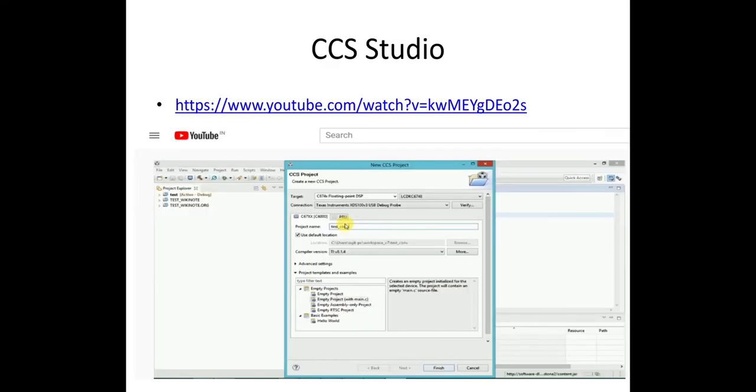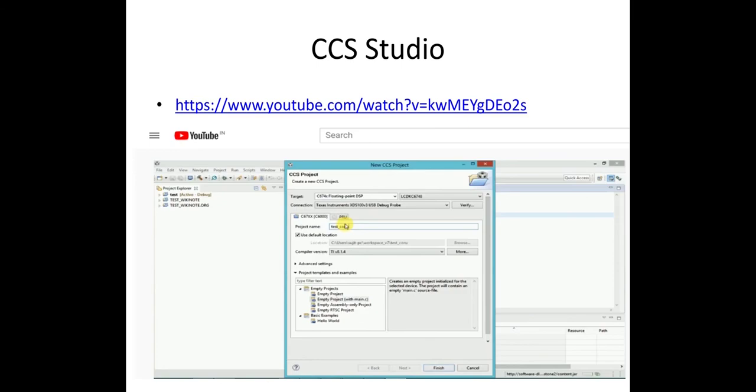So this is a YouTube video which is available, which tells you the step-by-step execution of how to execute the C file in CCS Studio. This video is uploaded by Wikinode Foundation, which is a non-profit organization, and it is demonstrated by Professor Sujit Wagh. You can go through this video to see how in the CCS environment the same C file which we have discussed gets executed step by step.